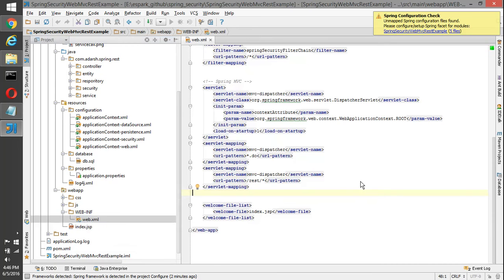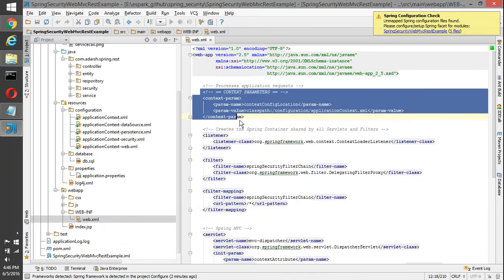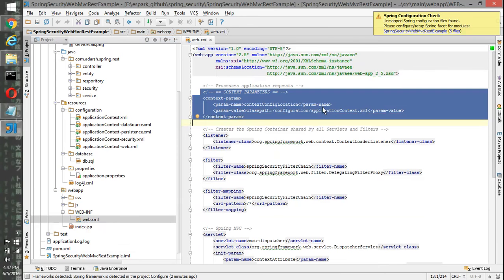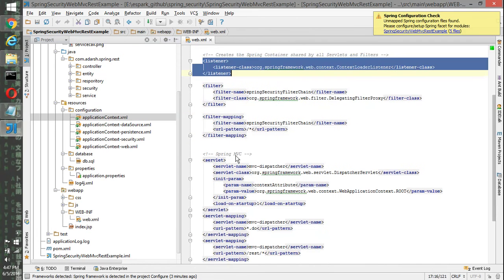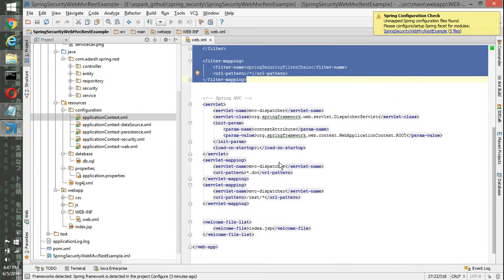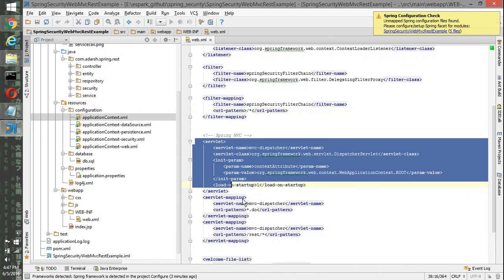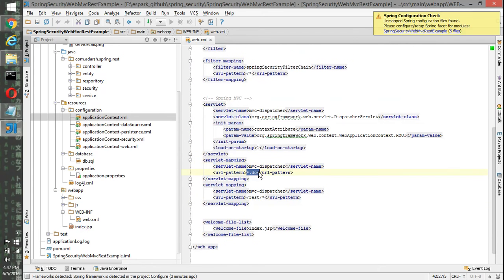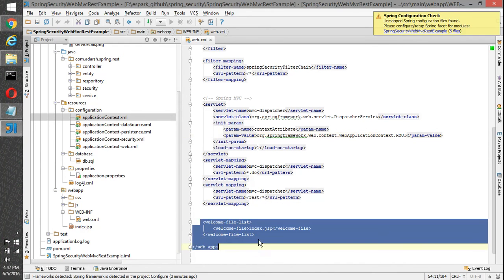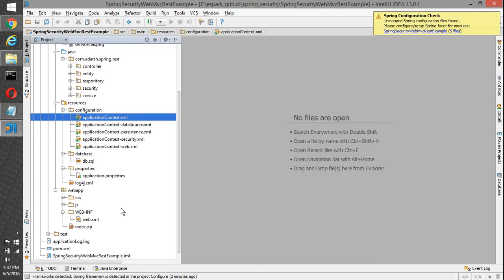So first thing, we'll start from the web.xml where we have configured a context config location. Basically this is the Spring main configuration XML location, so it's gonna pick up this, and then we have a context loader listener. We have a Spring Security filter configuration here. We have mentioned that every request should be intercepted here, and then the Spring dispatcher servlet configuration. So we have said that anything that comes with /rest it's gonna intercept, and we have made it a web application context root context attribute, and then welcome file list configuration is there, index.jsp.